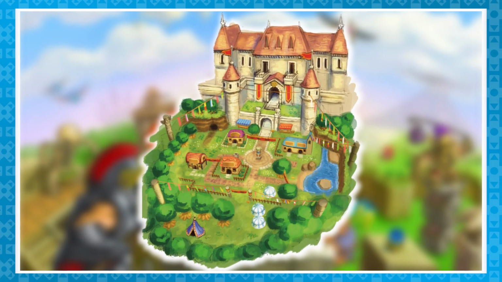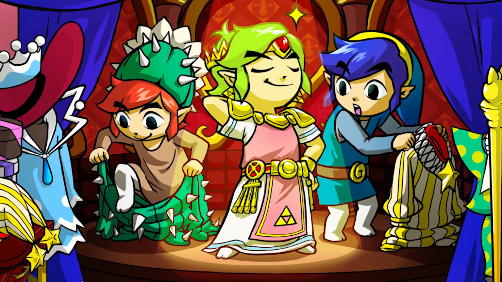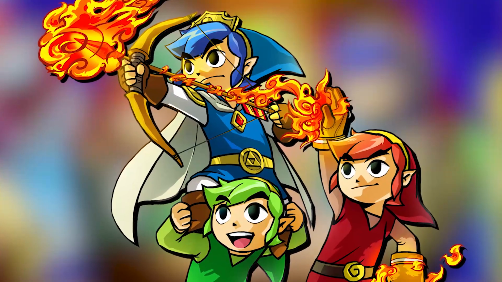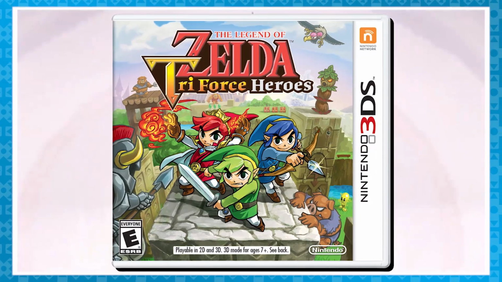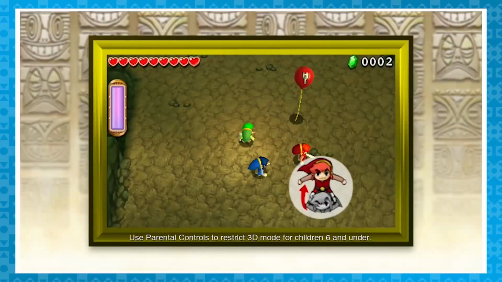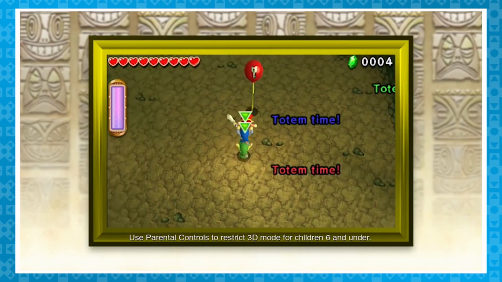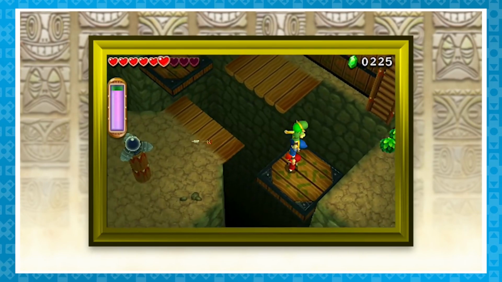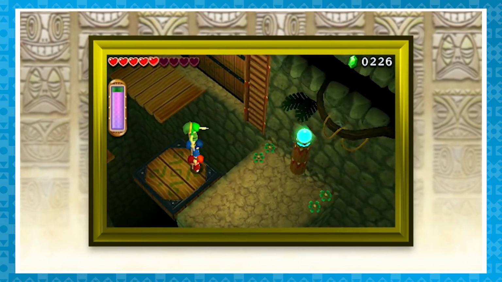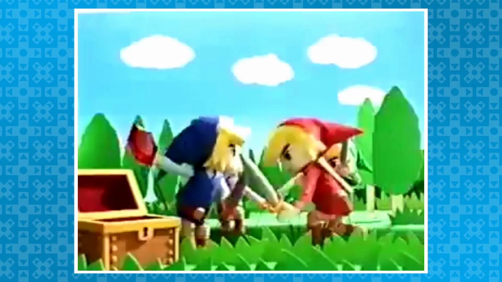Welcome to the wonderfully weird world of Hytopia, where fashion is everything and Links travel in packs of 3. It's the setting for the equally weird game that is The Legend of Zelda Triforce Heroes. And that game is the focus of this video, where we'll be messing around with glitches to make things even weirder. So if you don't know, and I'm just gonna assume you don't, this is one of those multiplayer-centric Zelda